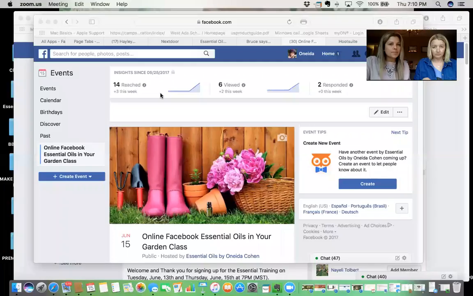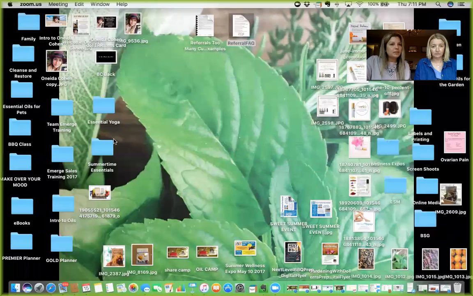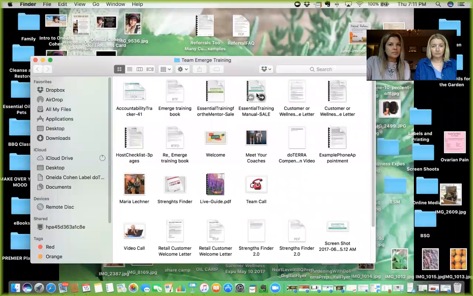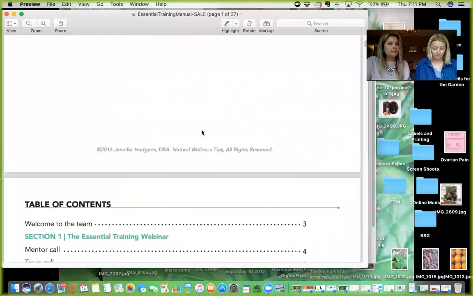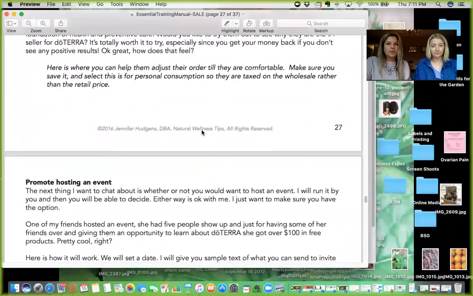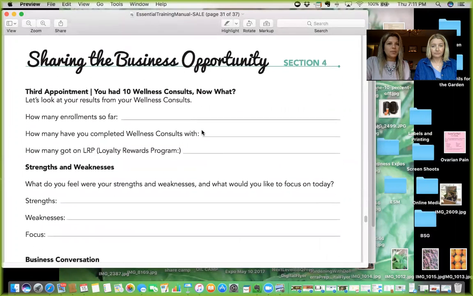Let me actually pull the document up. I'm going to share screen with you. Okay. And I'm going to pull that document. And we are going to be on page 31, right? Yes. Okay, so that way you guys can see it as we walk you through.